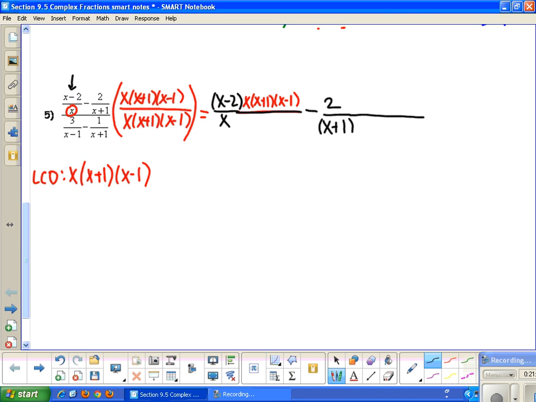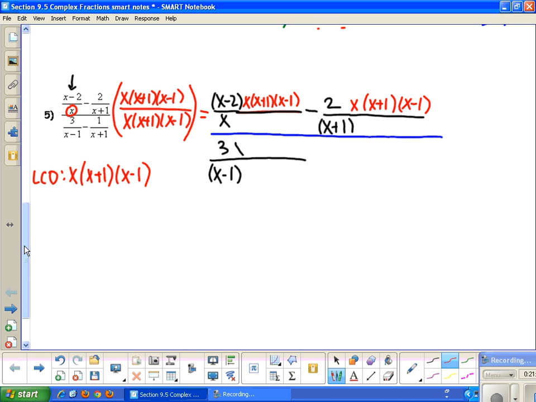So that's going to also be multiplied by, and then in my denominator, so this is all divided by, and then minus,